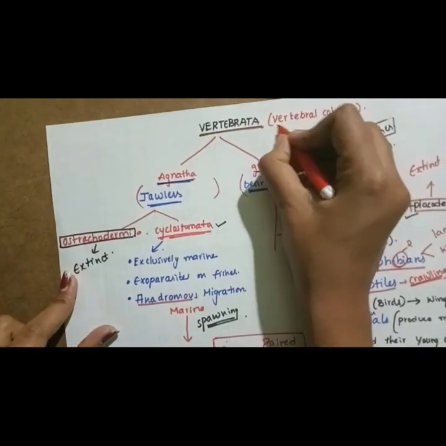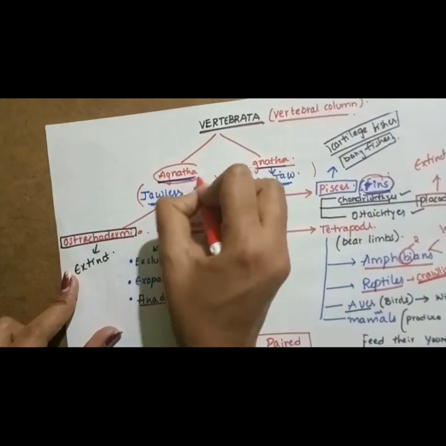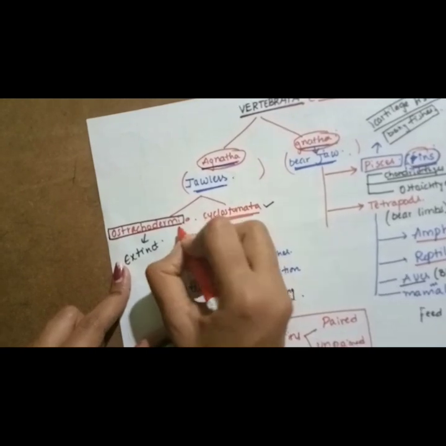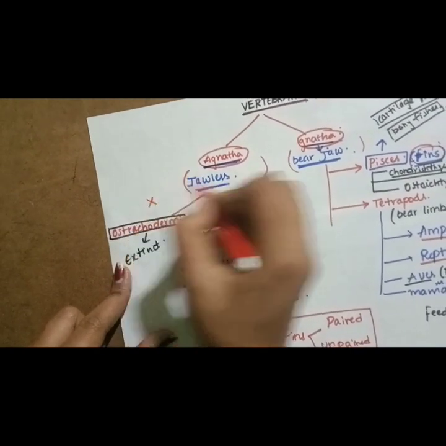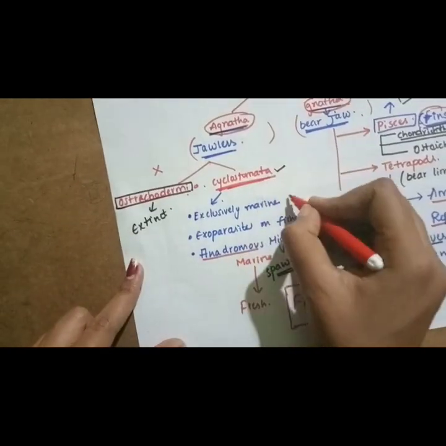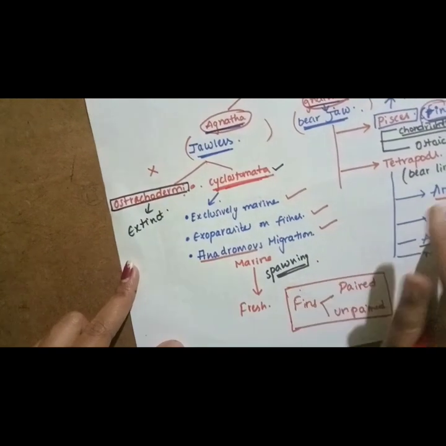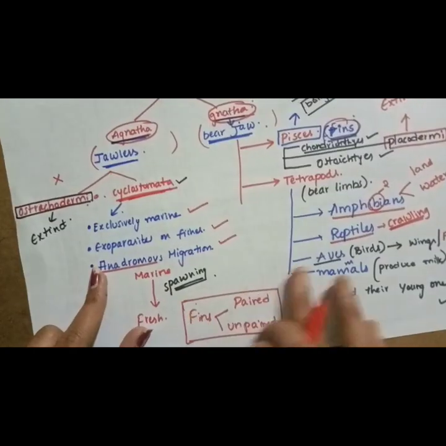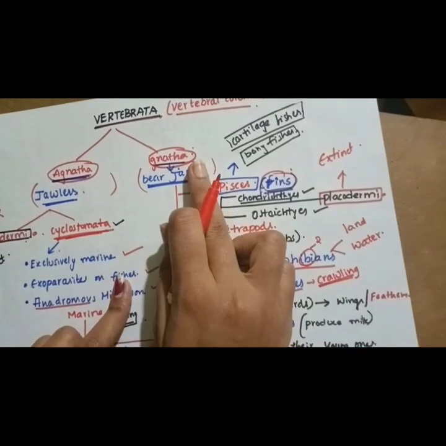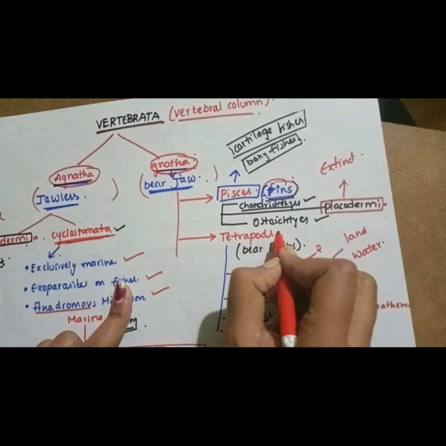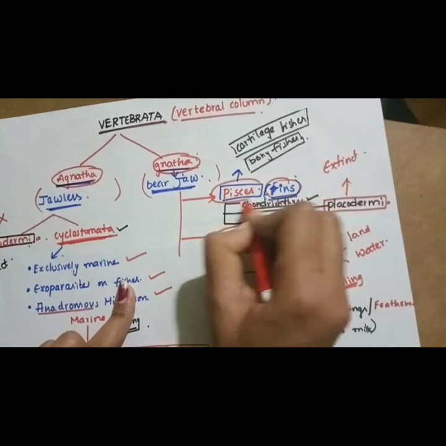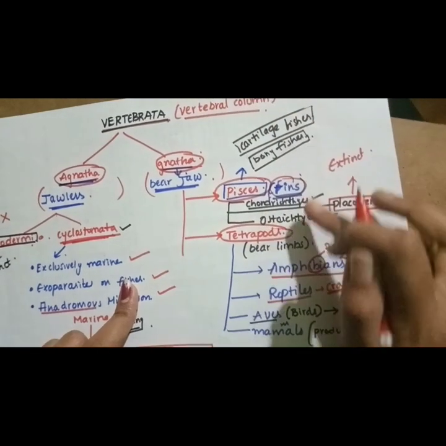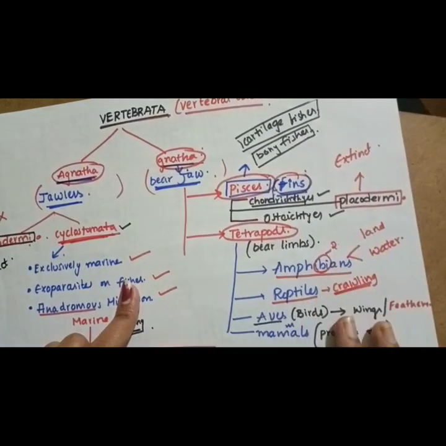So, vertebrata, which consist of a vertebral column, is divided into agnatha and gnatha. Agnatha are jawless and gnatha bear jaws. Agnatha are again classified into ostracoderma and cyclostomata. Cyclostomata are exclusively marine exoparasites with anadromous migration, that is from marine to freshwater for spawning. Coming to the gnatha, Pisces and tetrapods, right? Pisces means which bear fins and are divided into cartilaginous and bony fishes. Placoderma is extinct,